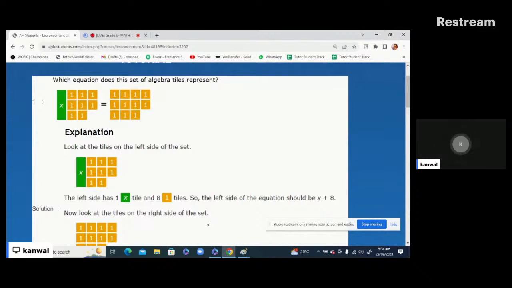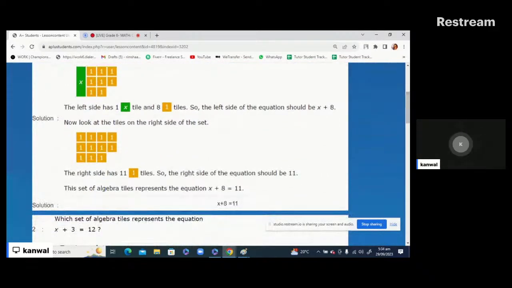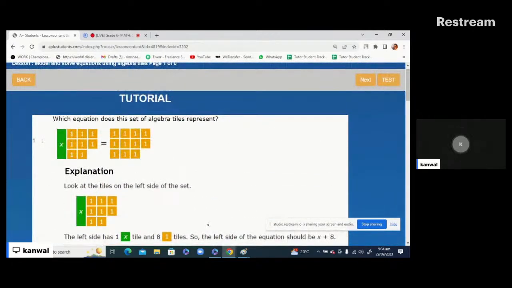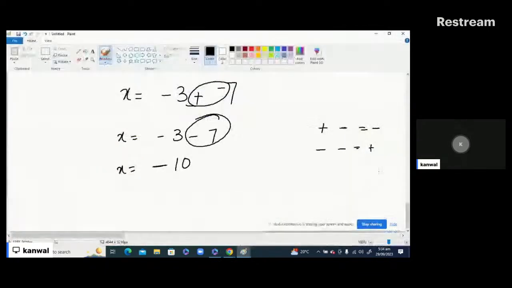And how many orange? 1 2 3 4 5 6 7 8. So what does it mean? It means that this green is x, and the orange tiles are 8. So x plus 8, that should be the equation. But now look at here. This becomes x. If I'm going to draw here,